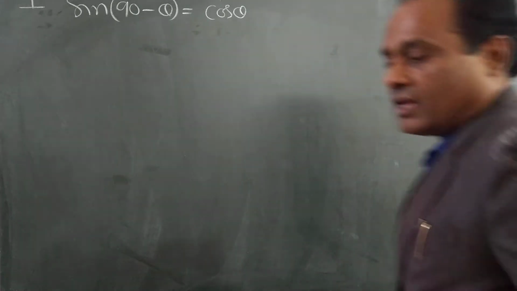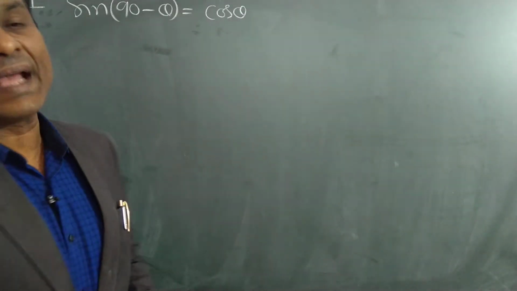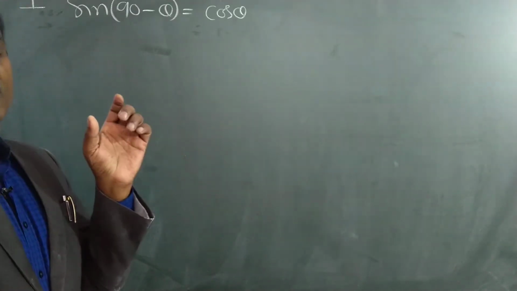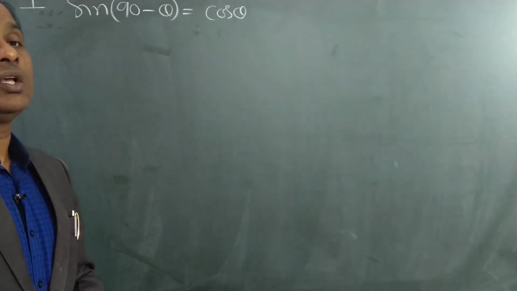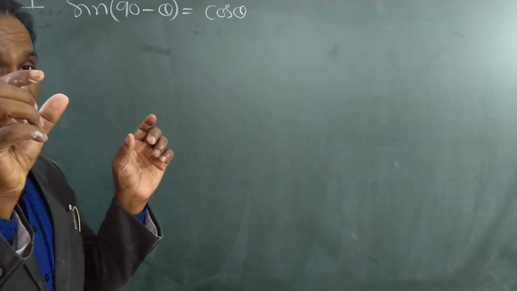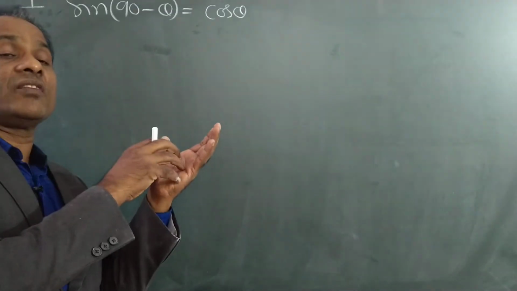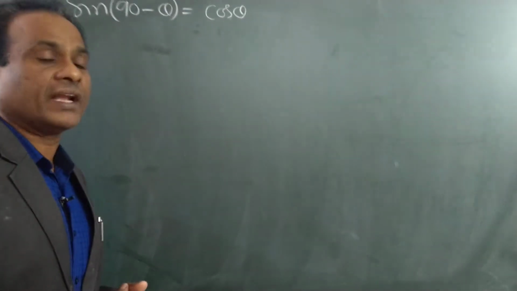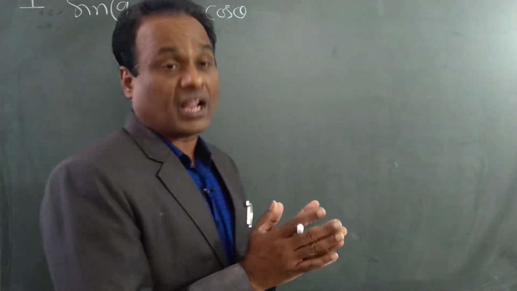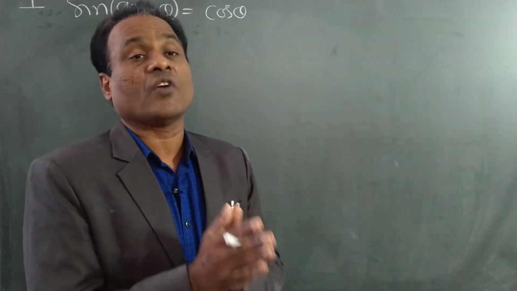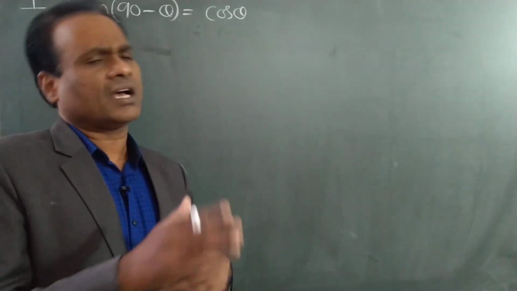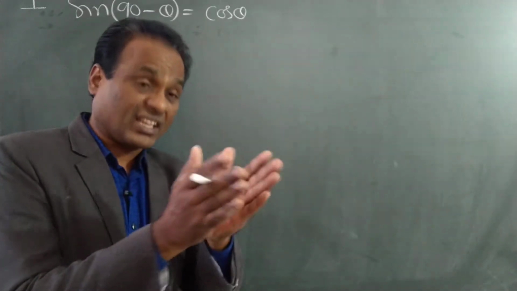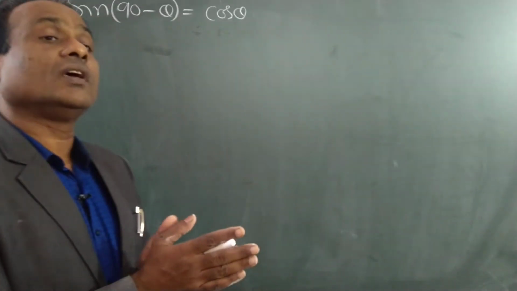So students, the complementary angles I explained. If theta is one angle, its complementary is 90 minus theta, because if one is theta, then its complementary will be 90 minus theta. That explains. So now some formulas. I am explaining some formulas regarding 90 minus theta. And we use these formulas in the next exercise, that is exercise 11.3.